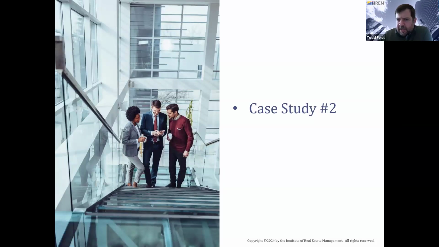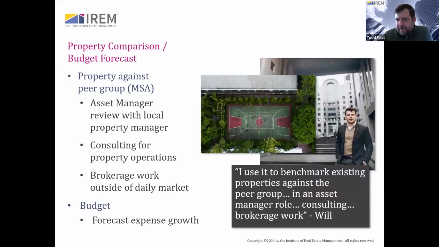And Will, you were going to tell us about how you use the IEIQ tools on a number of things in your business. Yeah, I think the biggest one that I've used in the past is when I was in a role as an asset manager, where I've got a portfolio across the country in markets that I may have been to for a matter of 6 hours before I flew back out. A lot of times in that asset management role, we really don't have a clue what's going on locally, and the IAQ gives us that opportunity to sit down and, while we have property managers on the ground that are building out what those budgets may be, it also gives us the opportunity to benchmark those